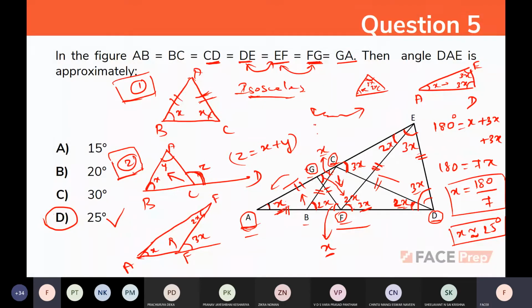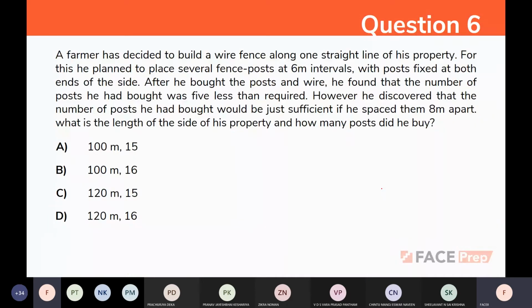Okay. Shall we move further? If you have any doubts, you can ask me or put Y in the chat box. So we can move further to the next question. Shall we move further? Nice. Thanks, Pranav. I'm getting only 2 or 3 responses. I don't know what about others. Okay, that's okay. Thank you. So let's move to the next question.